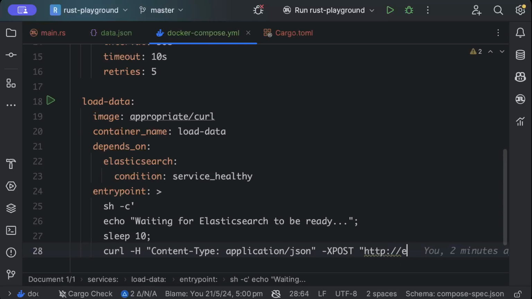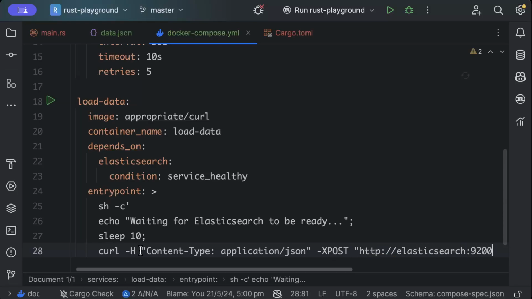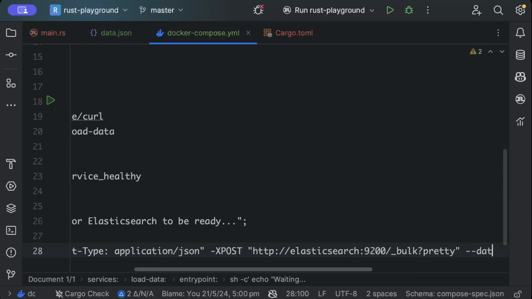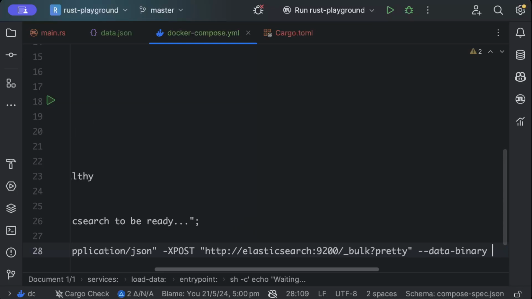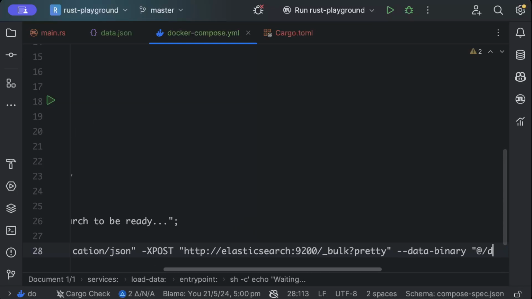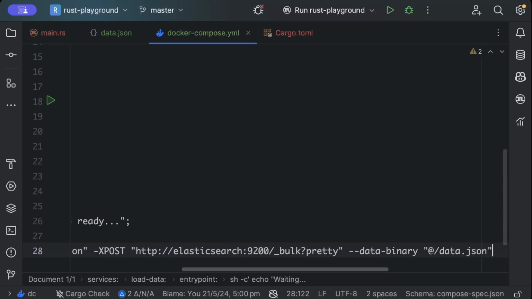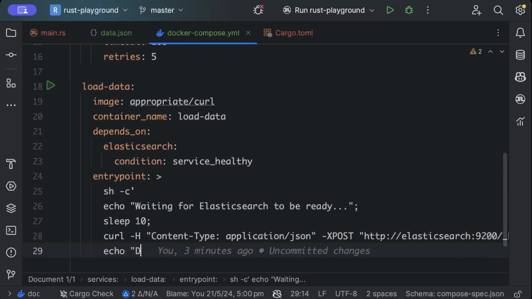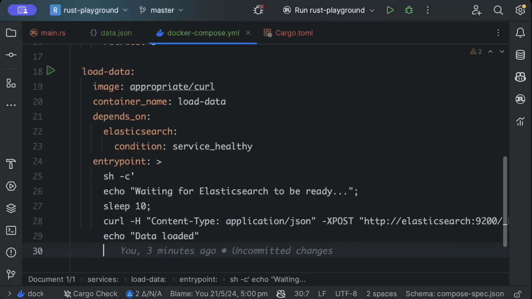http://elasticsearch:9200/_bulk?pretty --data-binary @data.json. So once we have this, we'll just say echo data loaded, and then we'll just say colon to end,